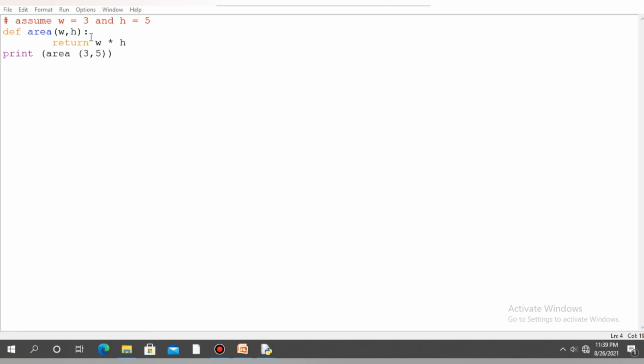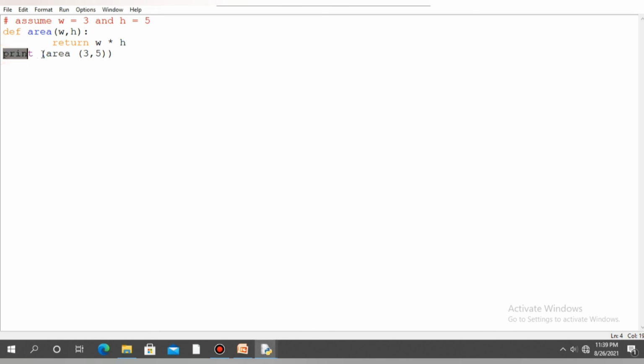Here I will return with an expression. We already studied that we can write a return statement with an expression or without an expression. Here I will write a return statement with the expression w into h, and this is the function statement.